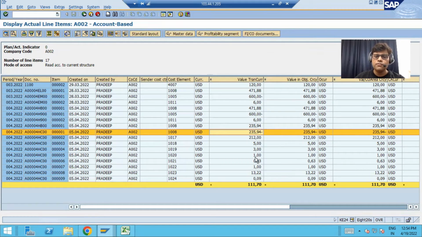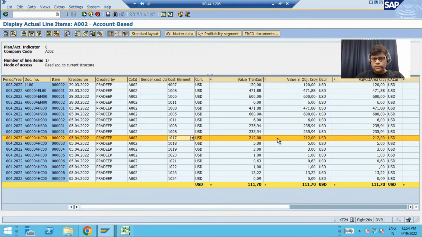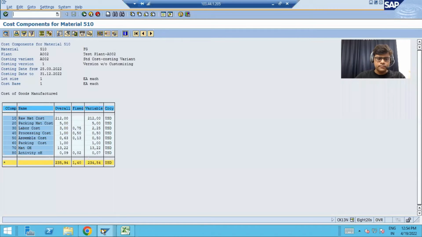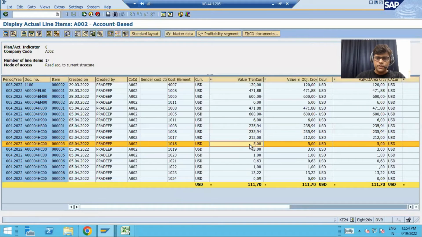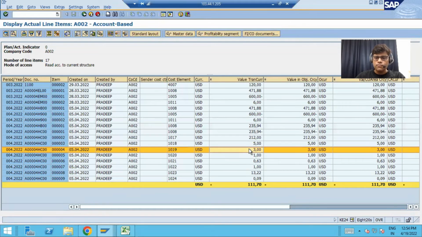Then we have the individual components. If we check the individual components, this is my material account 2017212. Material account 212. Then we have packing material, that is 5. The same is there in the COPA, 5. Then other components 3, 1.63, like this it is there. And this COGS splitting is another feature. So if I take my trial balance or my GL report,